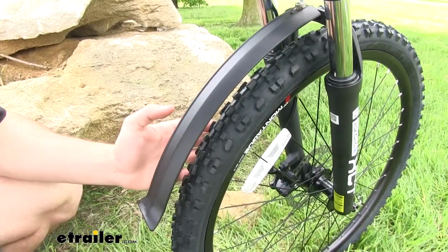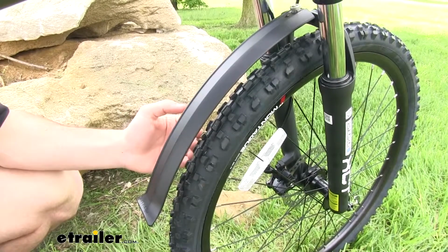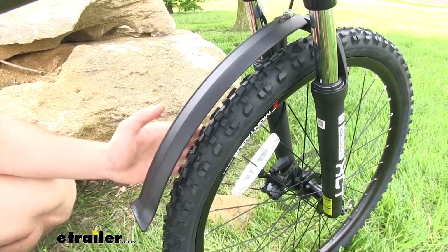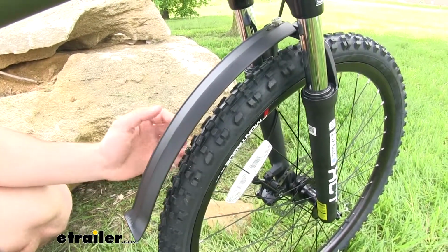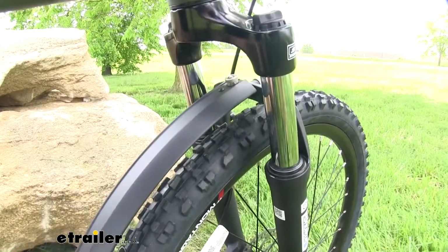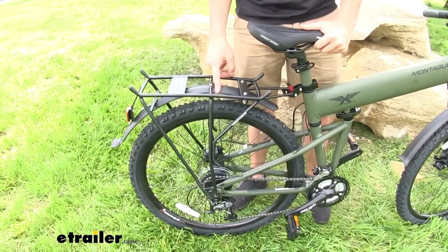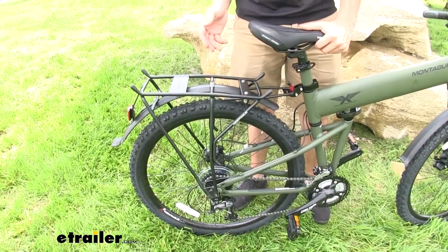Now we're also going to have 2 fenders. The first one is on the front. This can be folded down when the wheel is taken out to be more compact when folding the bike up. Or if it bothers you, you can just take the fender off altogether just by taking off this silver knob all the way. The rear fender is actually going to be integrated onto our rack stand, just going to help prevent a lot of rock and other debris being thrown up